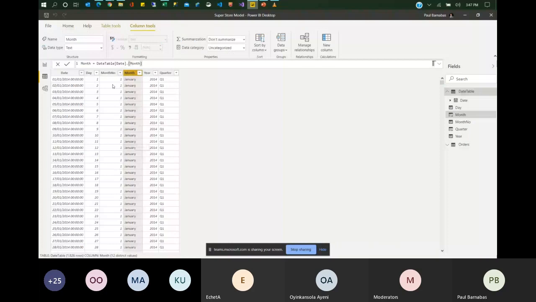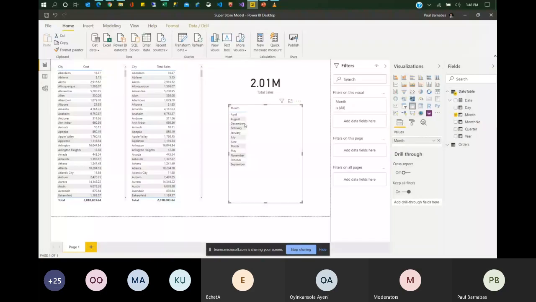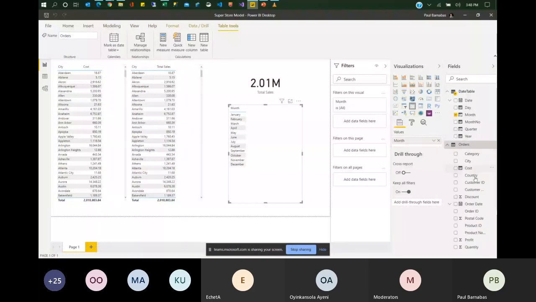You click on month, you come to column tools, you click on sort by column, and then you click on month number. So by the time you go back to our report view, you refresh, you can see that it's now sorted.